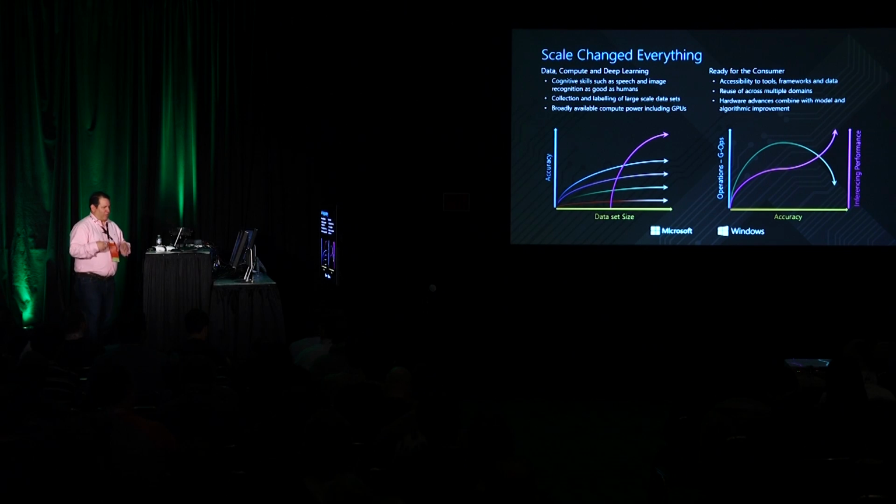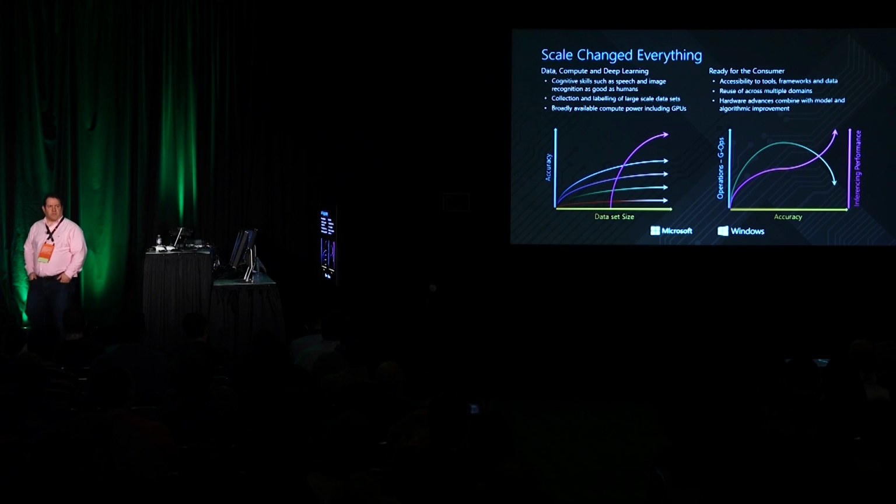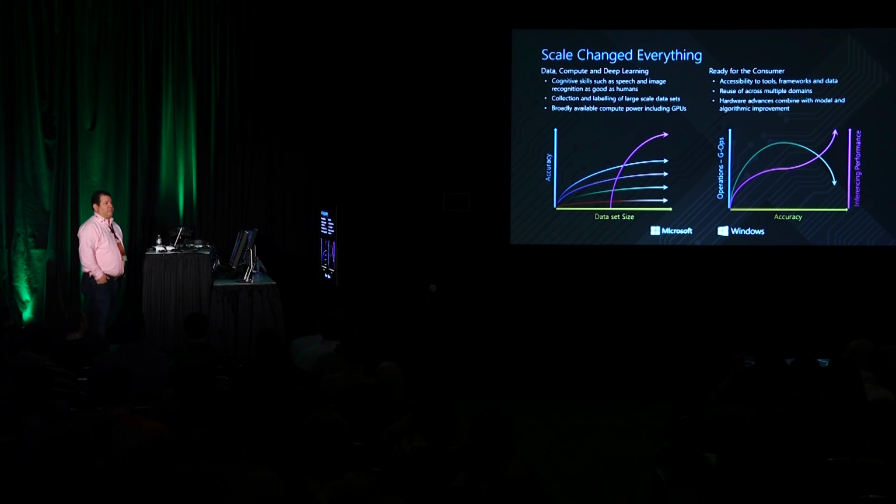One of the things that's really important when we think about machine learning and AI is that these are technologies and techniques that have been around for quite some time, but scale has changed everything and made it possible. What we've seen in the deep learning space is that we've come to a place where we can use neural net technology to be as accurate as human beings at things that we consider human-level skills. Hearing and seeing and input, all the types of things that we think of as human cognitive skills have become accurate enough to be state of the art.